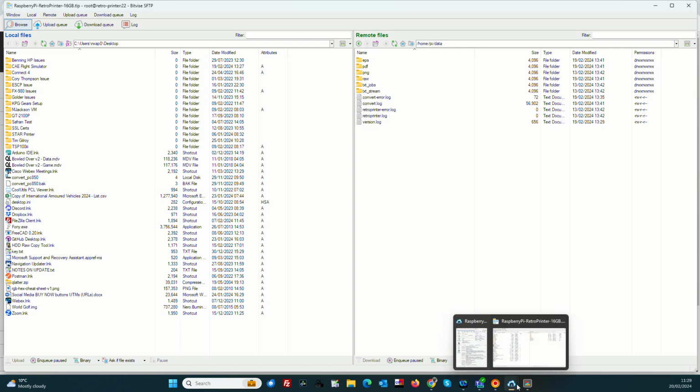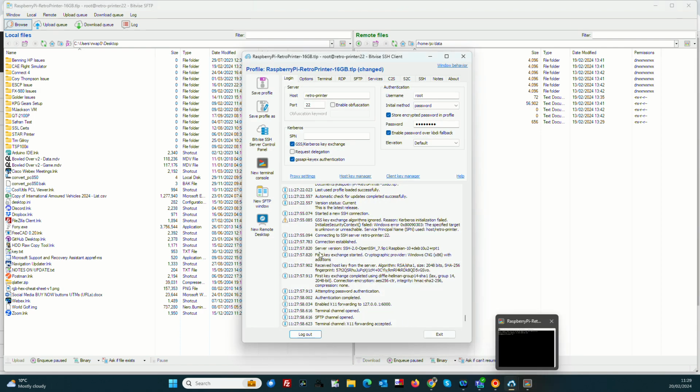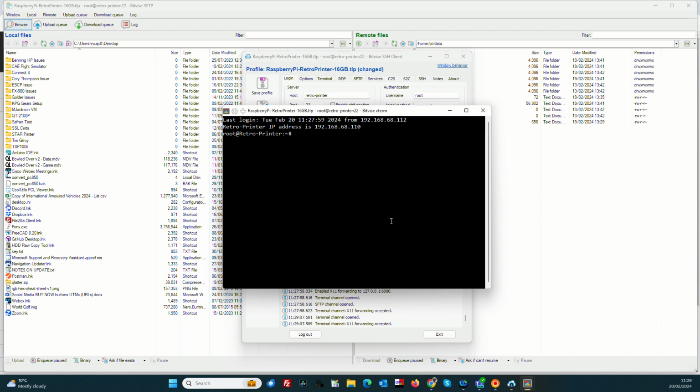And then the other window that you may need is a terminal console. If you go back to Bitvise, and that opens up like that. That allows you to control the Raspberry Pi that's inside the retro printer, and you can set up Raspberry Pi options with raspi-config,